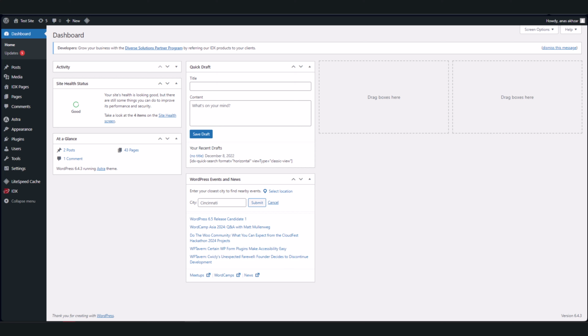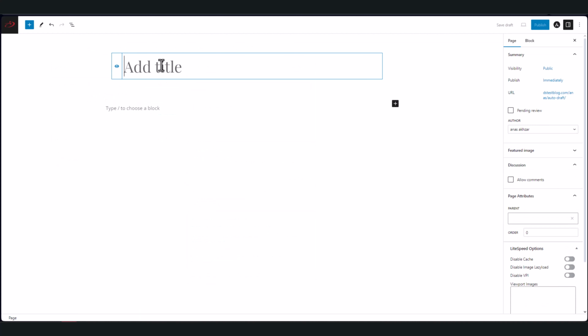Now we are going to talk about how you can use Agent ID and Office ID using our shortcodes. First, you will have to create a new page, and not the IDX page, but a regular page. You will hover over Pages, and then you will click on Add New Page. Now you will give a title,